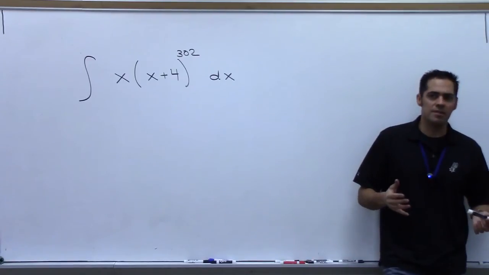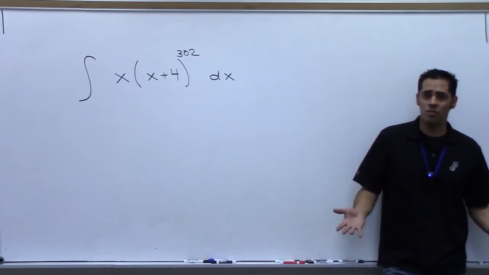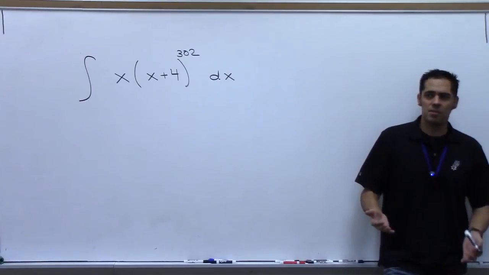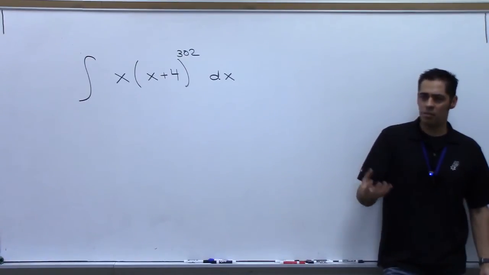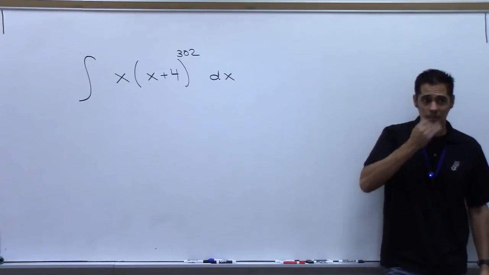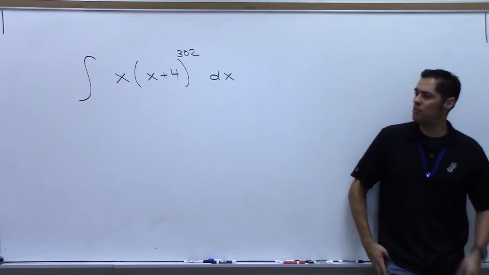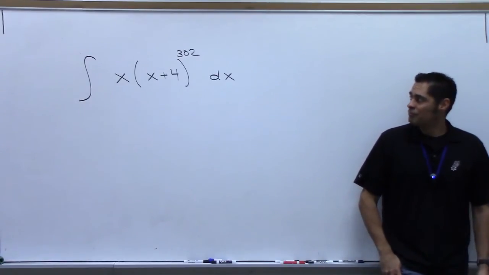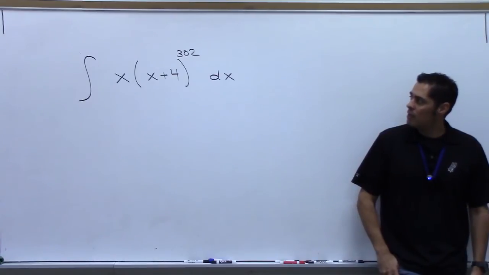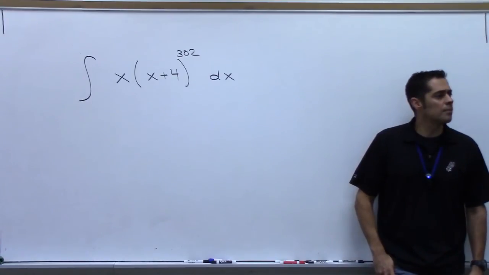The only other thing is the substitution, right? But to do a substitution, we need to see something in its derivative, right? That's what I've told you. Do you see something in its derivative? x and x plus 4. x, how do you mean? Well, I guess if you have like half of x is x plus 4,